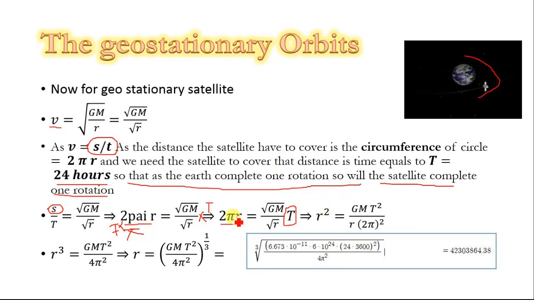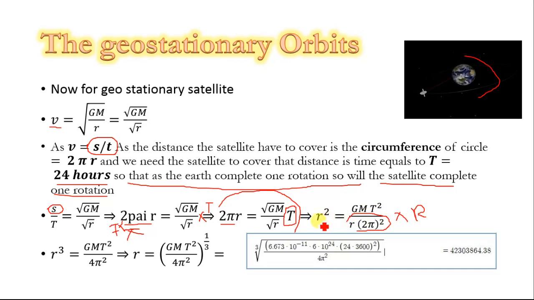Now, solving this equation for r, we will get r square is equal to GM t square by r into 2 pi square. Here we have squared both sides of this equation. This under root GM becomes GM, this under root cancels with the square, this t becomes t square, and this under root becomes only r, this under root cancels with the square, and this 2 pi term becomes 2 pi square. Now multiplying both sides with r,